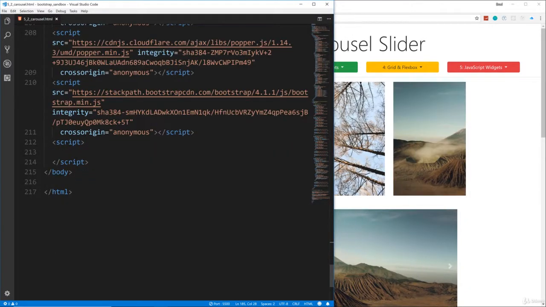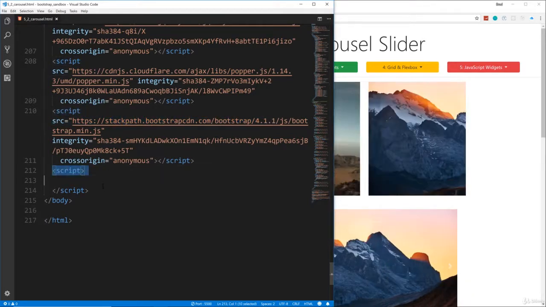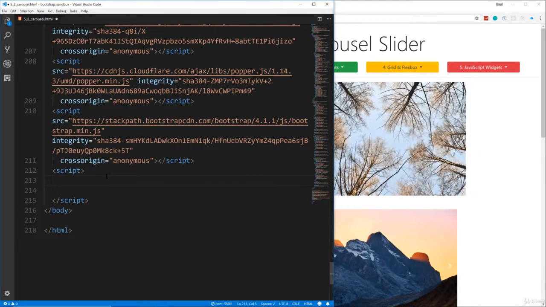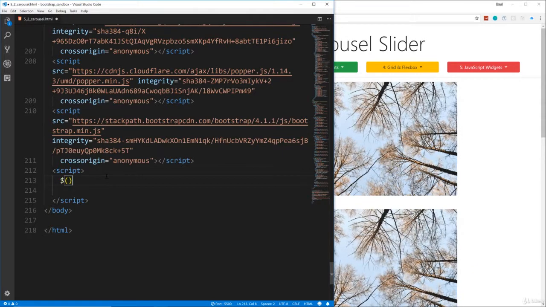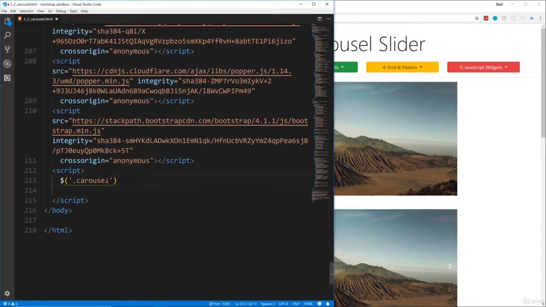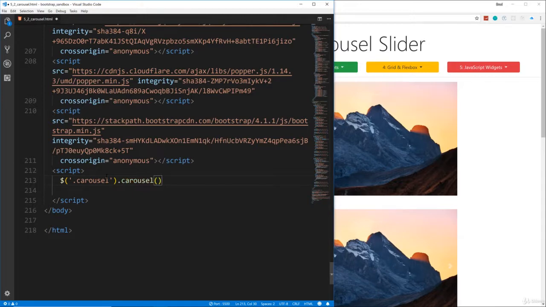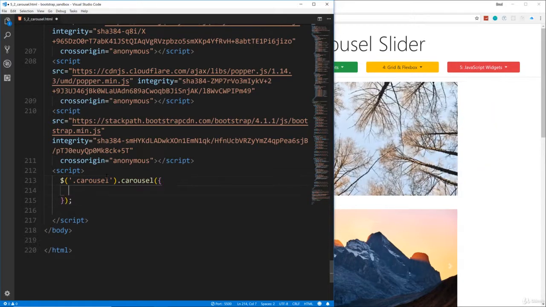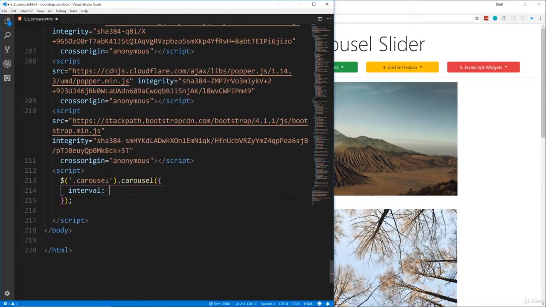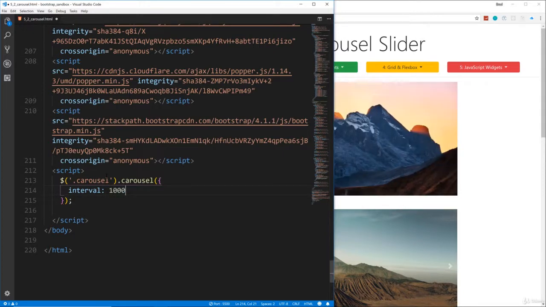Underneath our last script include of Bootstrap.js, you'll see an empty set of script tags. In here, we can actually use some jQuery to edit some properties of the carousel. So what we can do is grab the carousel class. So we'll say .carousel and then just say .carousel again. And in here, we can pass in some curly braces with some options. So let's say interval, and let's set it to 1,000, which is actually 1 second because it's in